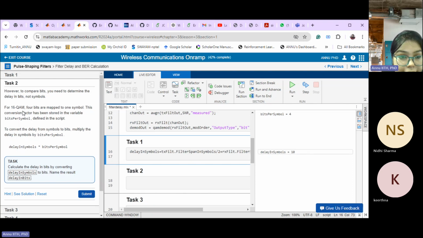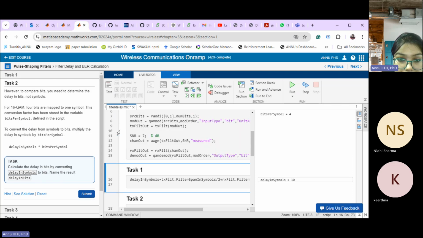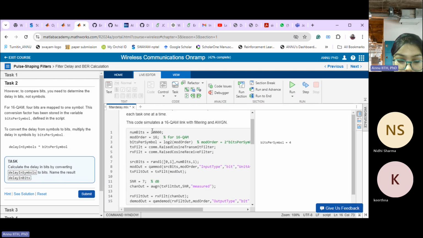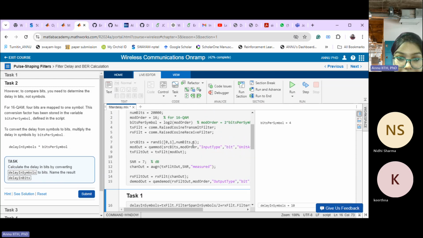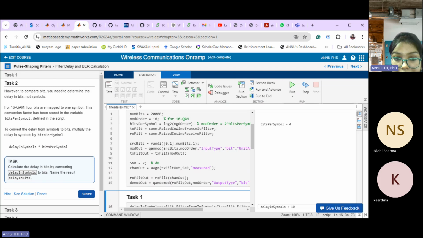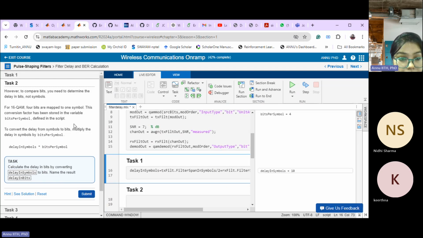So for 16 the 4 bits are mapped to one symbol. This conversion factor has been stored in the variable bits per symbol defined in the script. So we have seen 4 bits and this conversion factor has been stored in the variable. So this is bits per symbol, log order 2. That's correct. If we have 40, we have 32, then again that will be different. Okay. So delay in symbols will be simple. Delay in bits is,